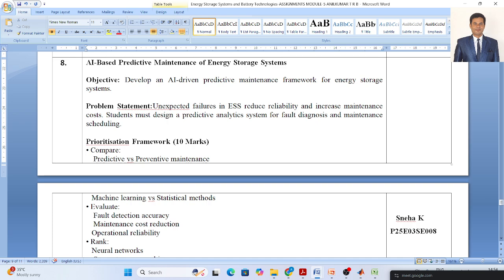Okay, that is what, is there any chance of failure in the batteries, when they will fail, that is what you have to make predictions about, right? And check the reliabilities. Okay, you have to keep monitoring reliability every time, because AI will do that job. You have given the job to the AI, and it will do your job, right? So it will try to improve the reliabilities, and try to reduce the maintenance cost, right?